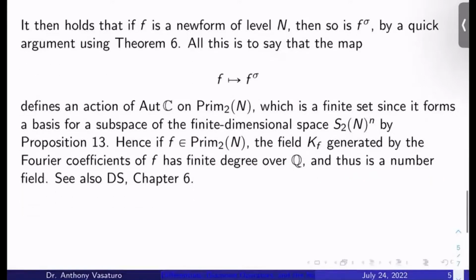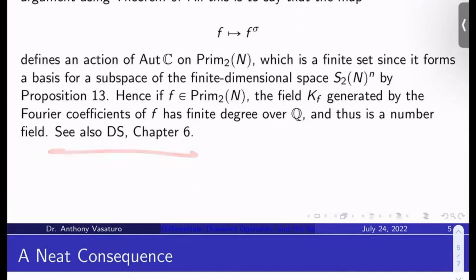And so this is fantastic. You can also see Diamond and Shurman chapter 6. In fact, Diamond and Shurman chapter 6 is a great reference for this entire video. Also, DDT talks about this a little bit. But what we've just discovered, and there's more than one way of proving this, the way we've done is just one way, is that if you take a normalized Hecke eigenform, so a primitive form of weight 2, level n, and you take Q and you adjoin all of its coefficients,